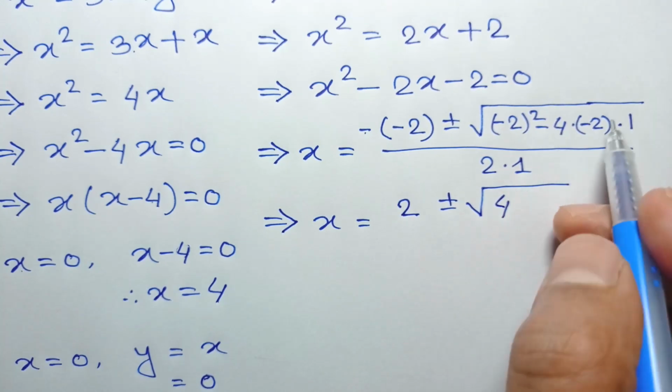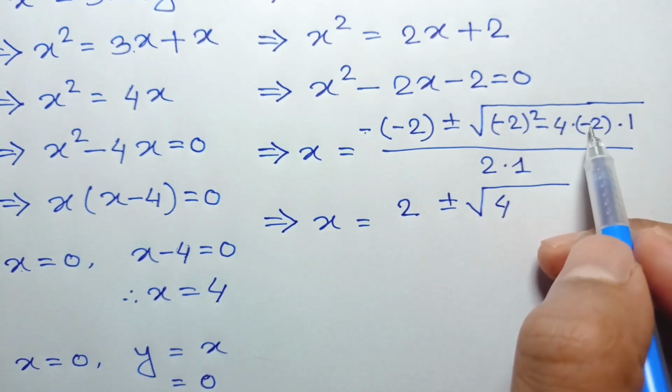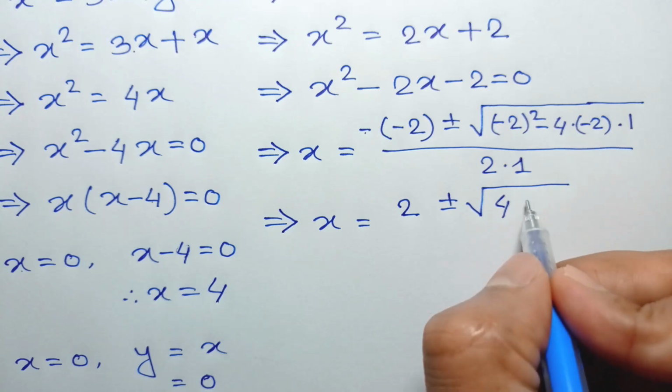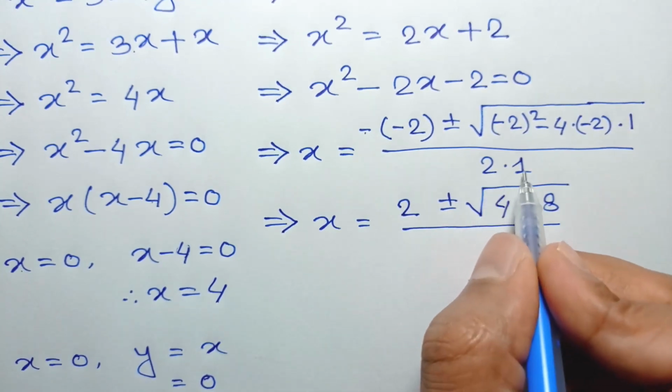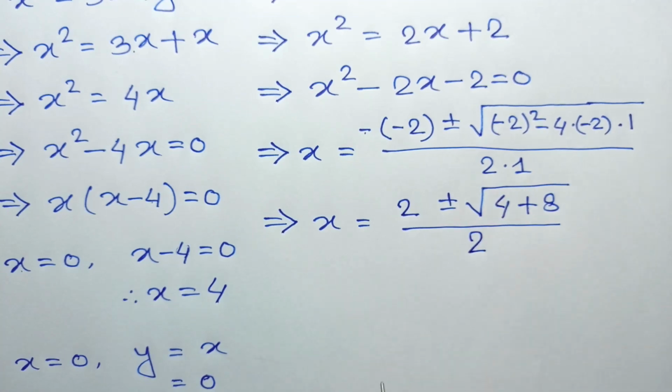Negative 4 times negative 2 is 8, times 1 is positive 8, over 2 times 1 is 2,